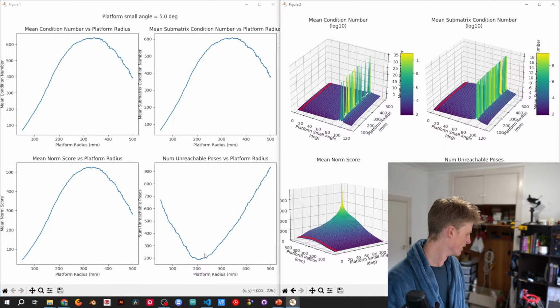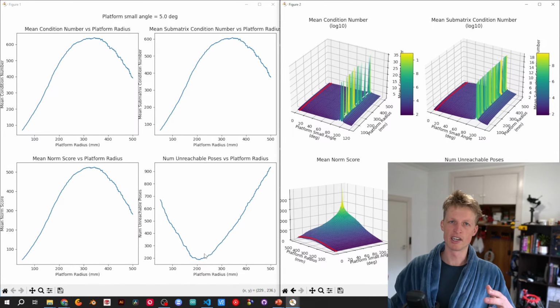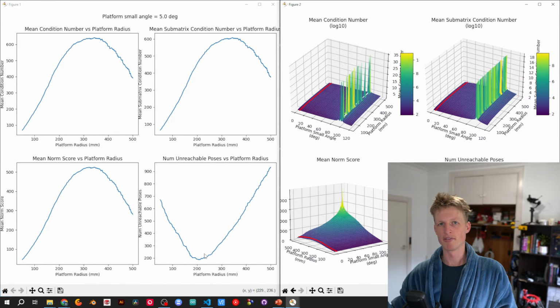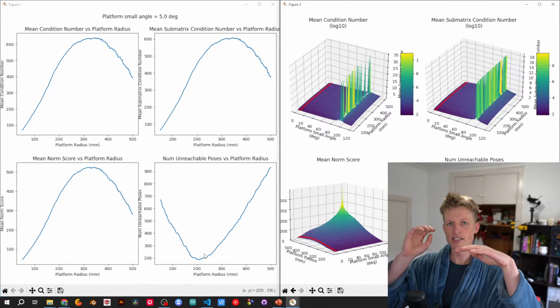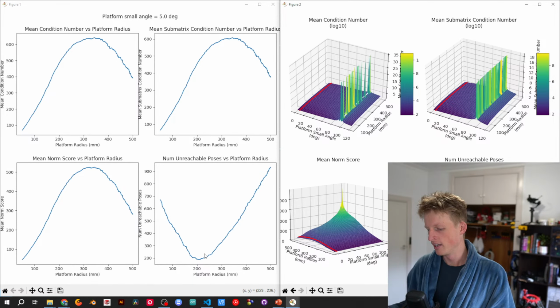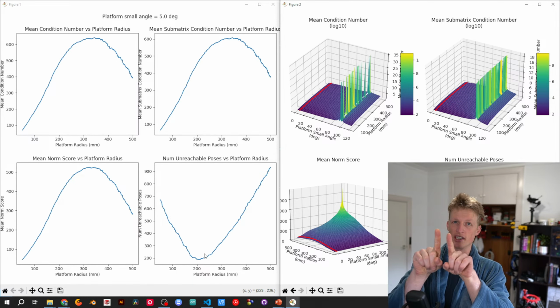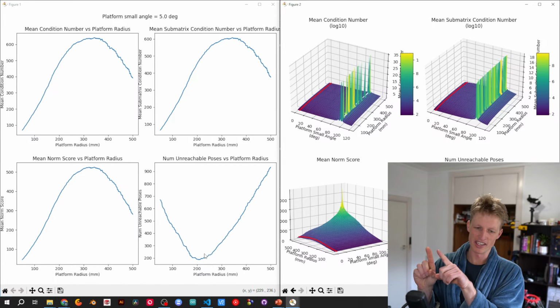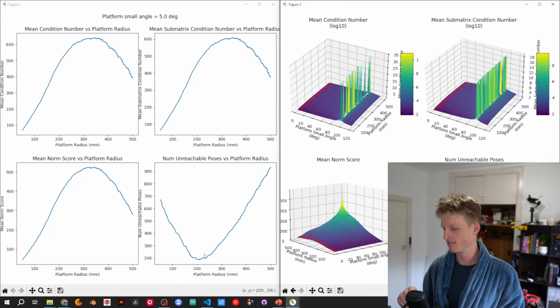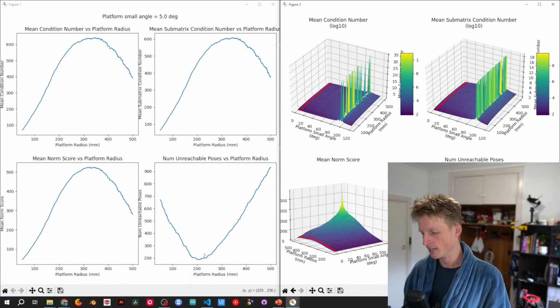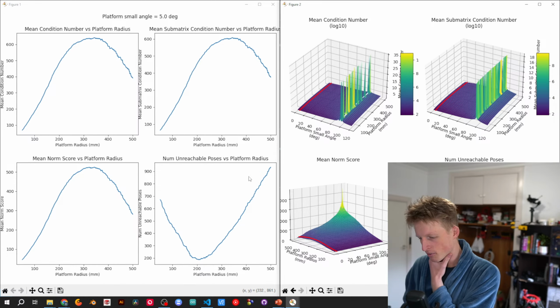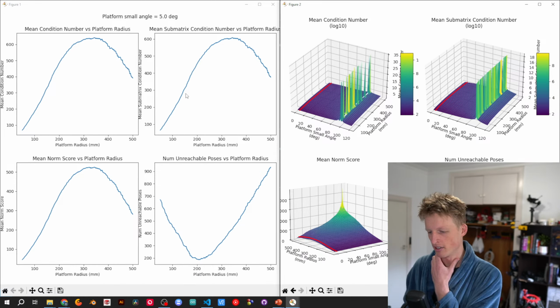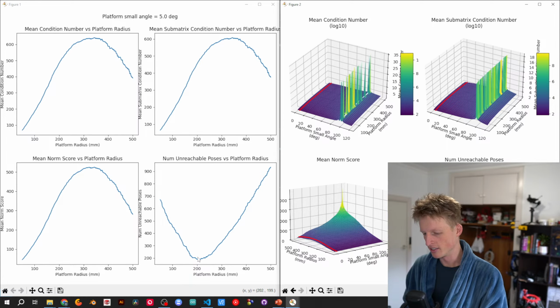I need to redesign and come up with what design I want to use for the joints between the platform and the legs. I want to sort that out so that I can figure out exactly how close together I can get those, because if they get really, really close together, then there's a lot of collisions that happen as the platform moves around. But yeah, I'm leaning towards a super, super tight angle and a platform radius of around 200